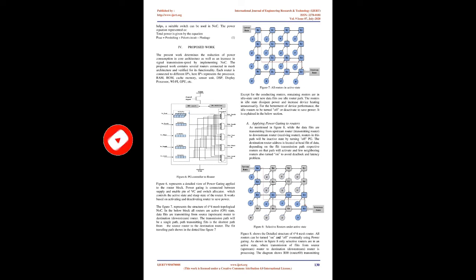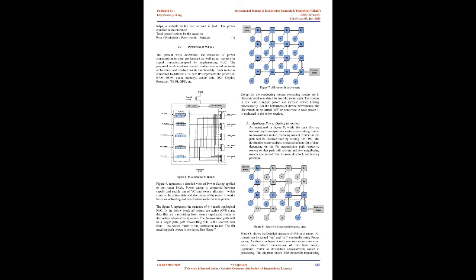Figure 5 represents traditional power gating blocks. Power gating is a technique which shuts off the flow of current in integrated circuits. From Figure 5, the gating of power can be done in 2 different ways, by connecting an NMOS or a PMOS switch to the circuit. The footer switch contains an NMOS connected between the power gated block and VSS. The header switch power gating contains a PMOS connected between VDD and the power gated block. With the gate control signal, a suitable switch can be used in NoC. The total power is given by the equation: P total equals P switching plus P short circuit plus P leakage. (1)